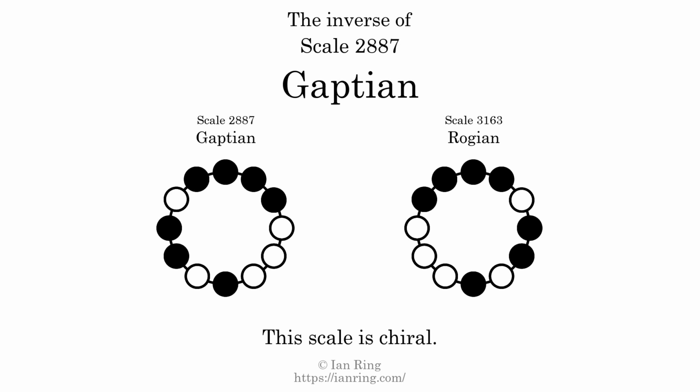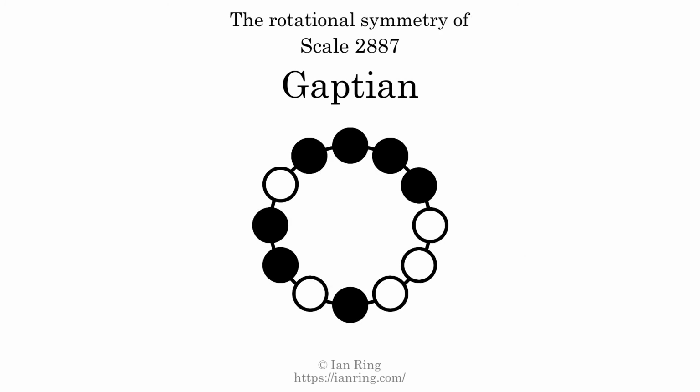The inverse of a scale is a mirror image. It is what you get when the sequence of intervals is reversed. The inverse of this scale is scale 3163, also known as Rogan. This scale is chiral. It cannot transform into its inverse by rotational transformation. This scale has no rotational symmetry. For even more detail about this scale, visit